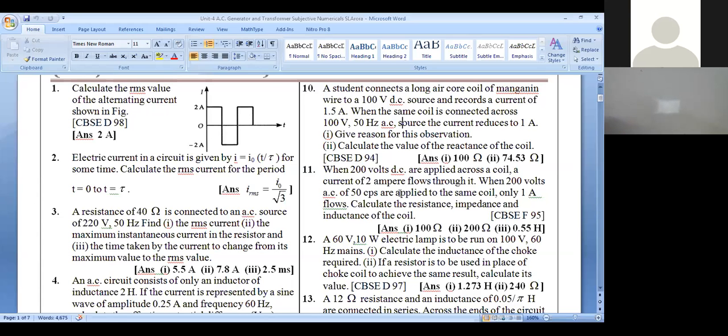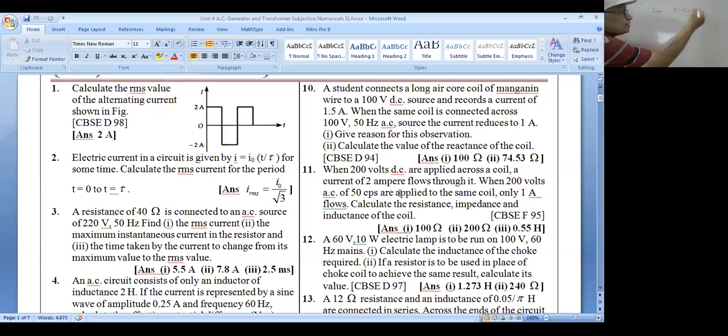Shown in the figure, in question 1, this is the figure. Here you can see you have to find out the RMS value. What is the RMS value here of the current and voltage? As per the definition, you have to square all the values here,